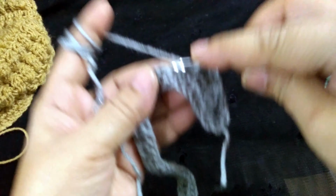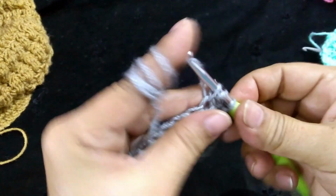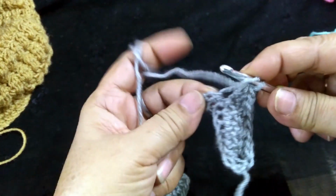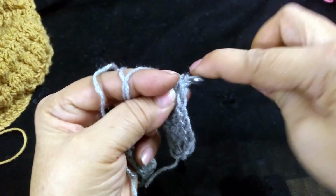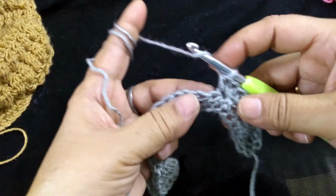Now make 3 single crochet here, 1, 2 and 3. Simply 3 single crochet, then again 5,